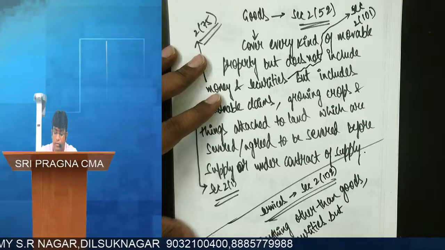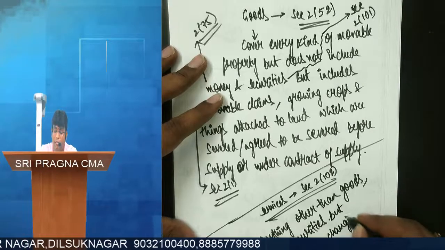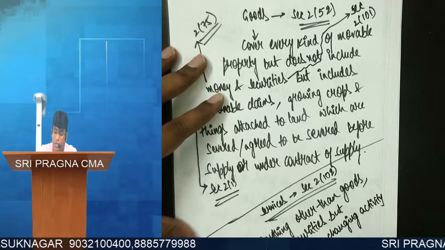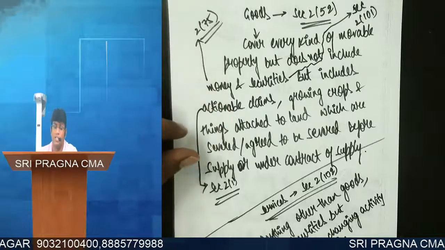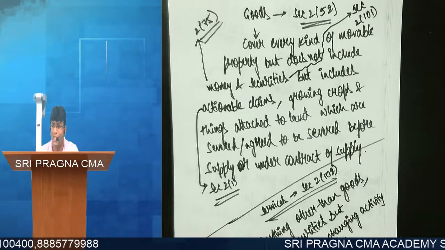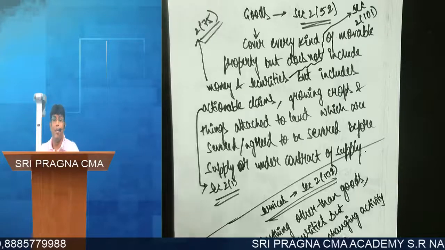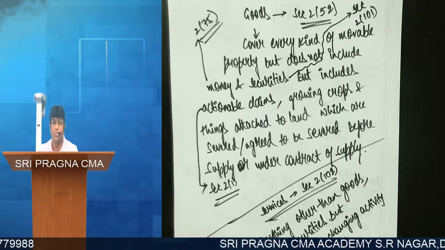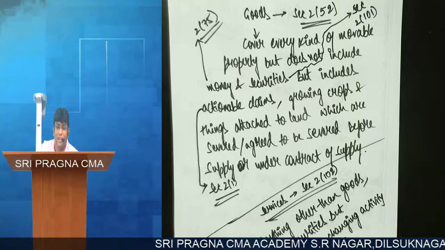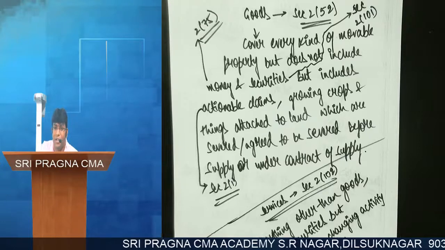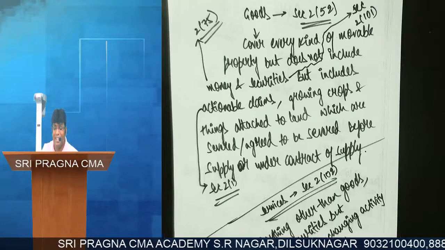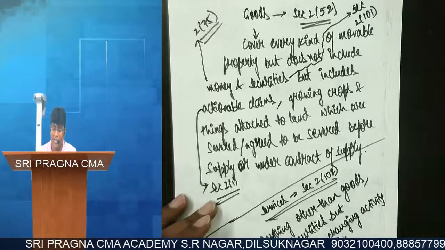But number one, money changing activity is a service. For example, we go to a money exchange broker, give dollars and take rupees. Correct? It is a service. But there should be a consideration. That is also important. If I go to somebody and give a 500 rupee note and take 500 rupee notes, is there a consideration? No. Don't say, sir, love and affection. Love and affection is good consideration, but it is not adequate consideration. So money changing activity is what, sir? Service.